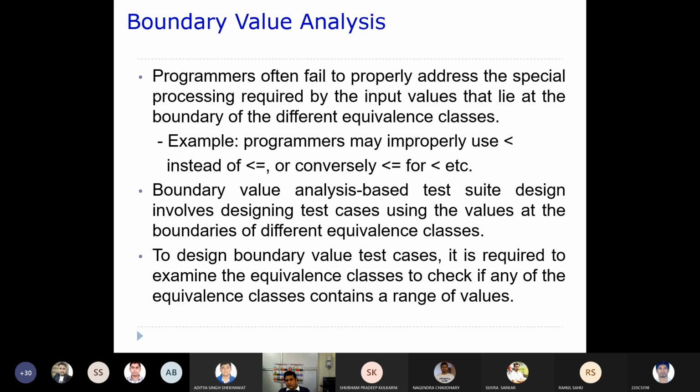So in the last lecture we talked about equivalence class partitioning. There we tried to create certain equivalence classes, right? Now from each of the equivalence classes you picked one input value, right? Now here today what we try to do is, now when